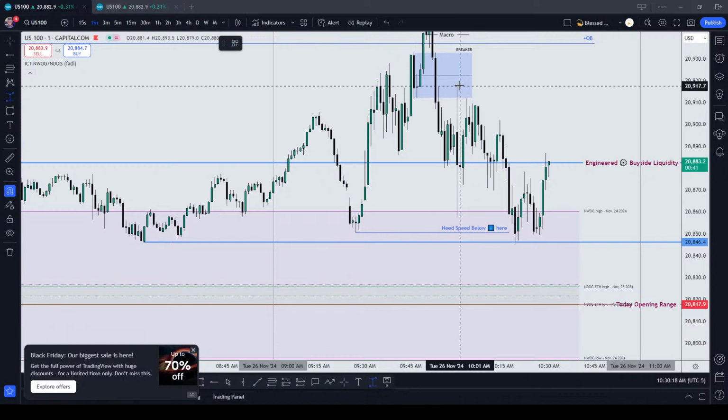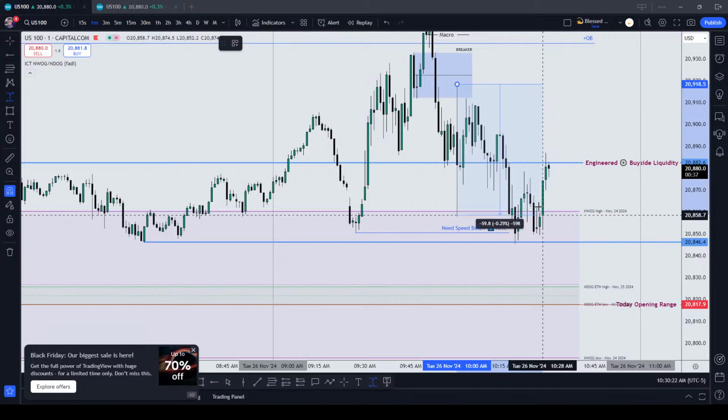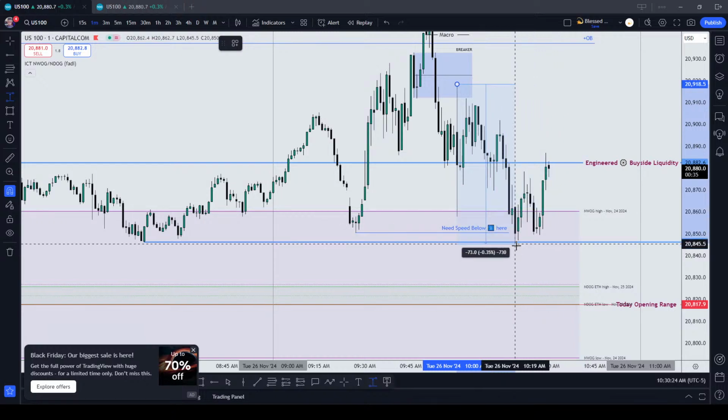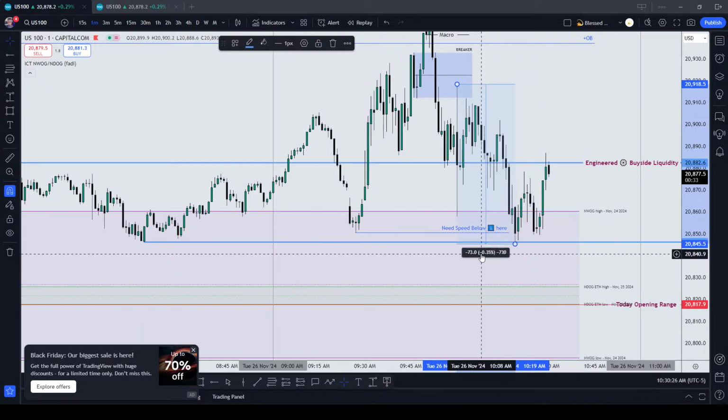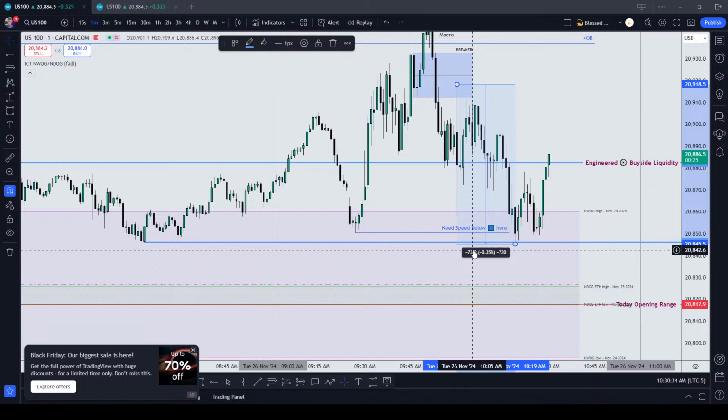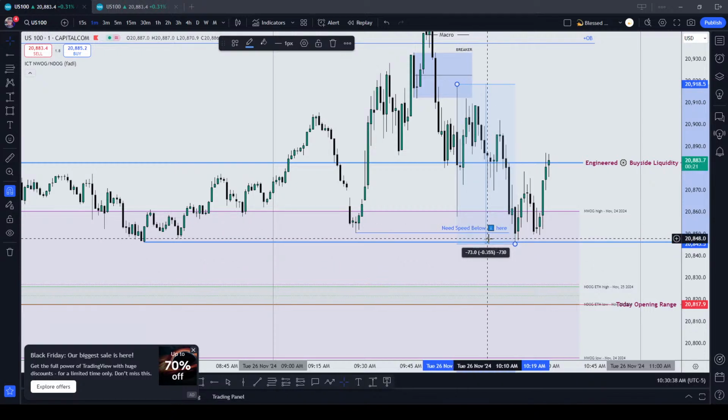Let's say we entered at this point here, and we're already dropping down, already 71 points, 73 points. On a normal day for a trading session, we are already looking for 100 handles, and price has dropped 73 points. So why should price start retracing back up